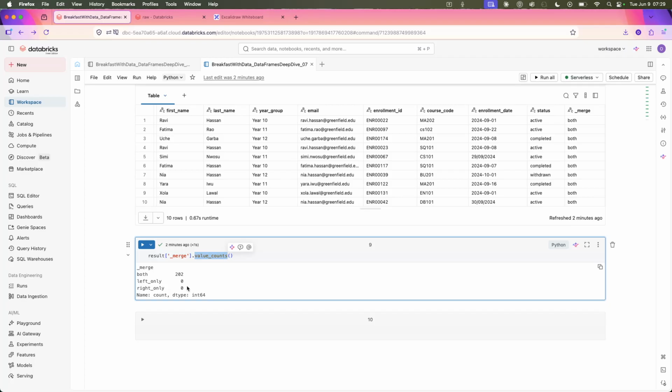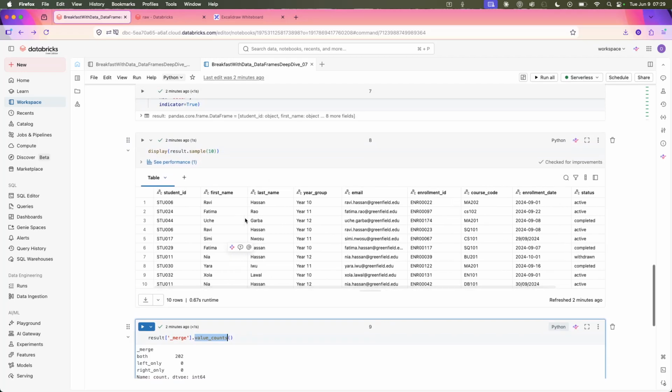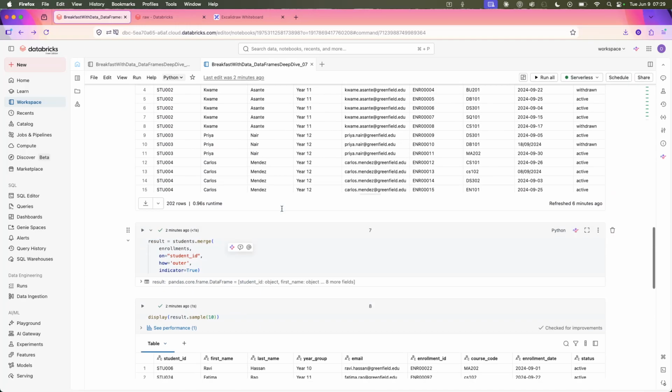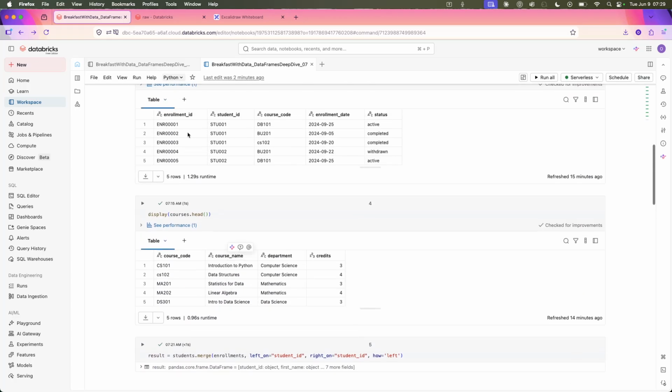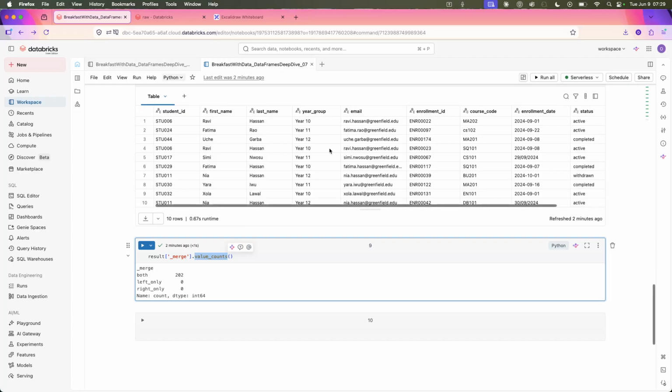Now, what was I about to do? Now you can see that there is something that has also happened here. If you are doing this, it might throw an error, especially if you want to use it to create a table. You have student ID here, and student ID appears on both tables. If you are writing SQL, it tells you student ID is ambiguous, right? If you are fetching that same student ID, how do we know which student ID we are dealing with? You can also introduce something called